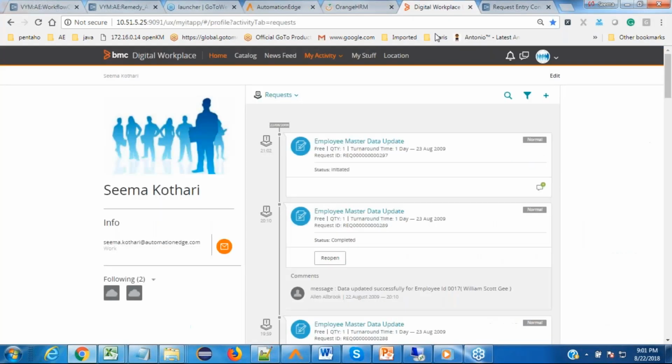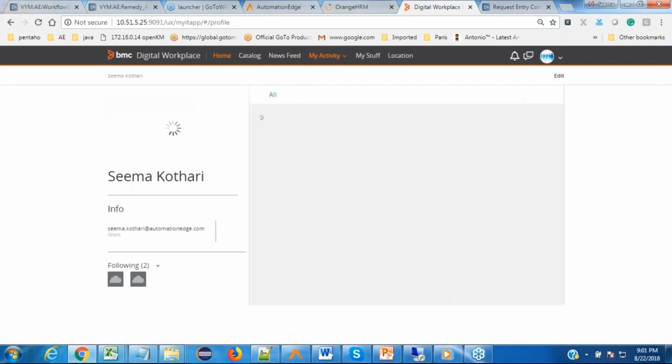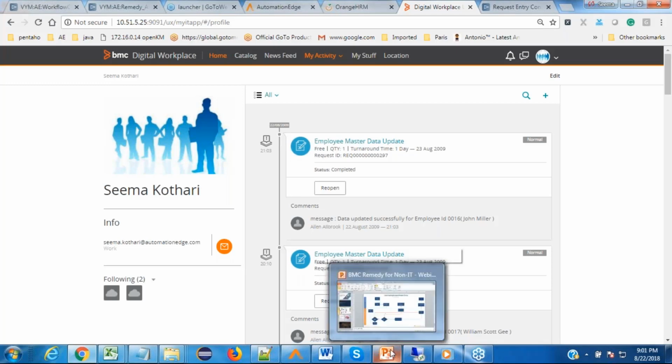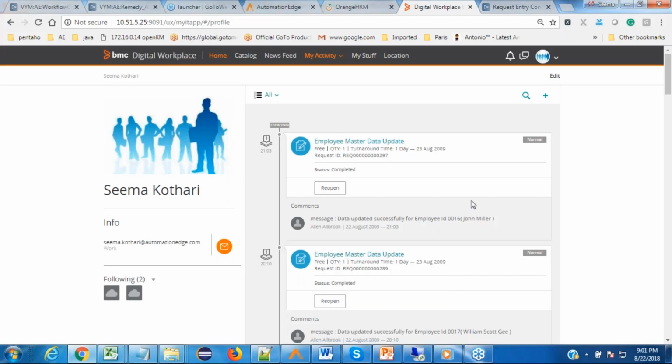And if you go on My IT site, we can see the status is complete. Okay, so from the front end we saw how end-to-end execution is done by the bot. The fulfillment is done by the bot. Now, in this approach, we had an integration app